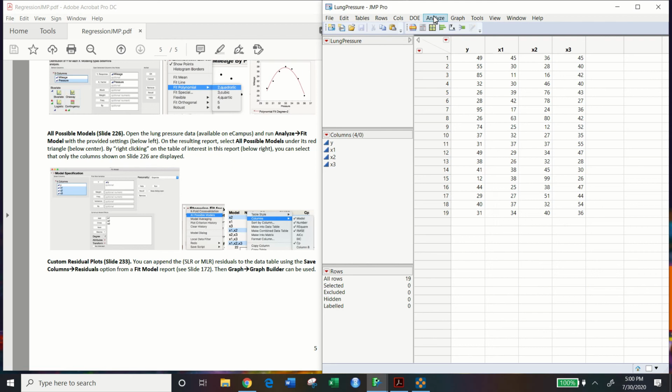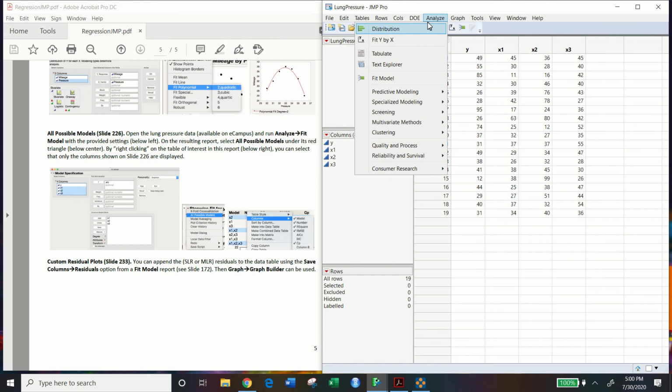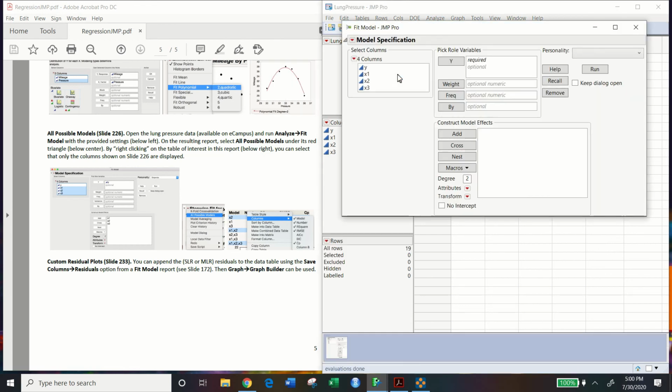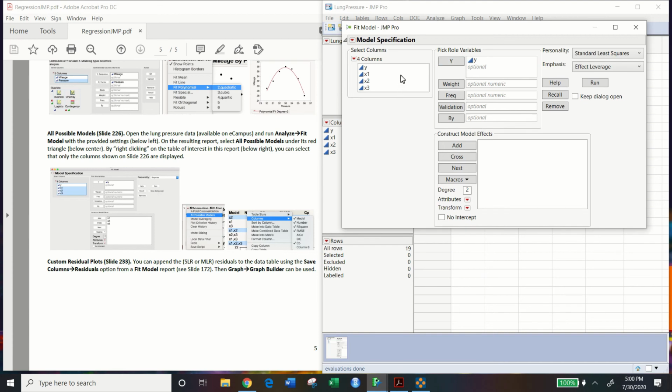So if we're interested in generating all possible models, we can go to Analyze, Fit Model. Y is our response, and then X1, X2, and X3, we're going to select Add. Now, in order to generate our all possible models, we can select,